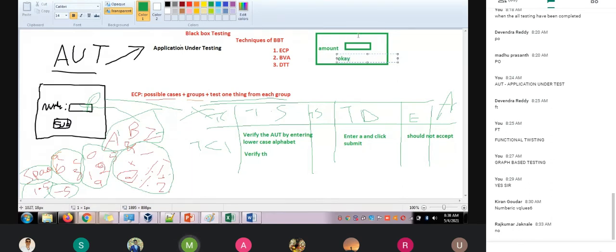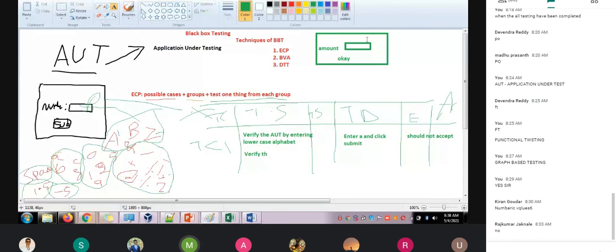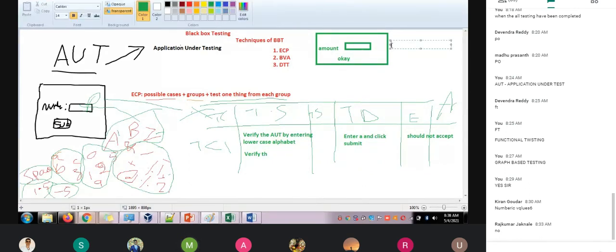This is the amount, this is the bank account where you can transfer the money, and it has one business logic here. The money should be greater than 1,000 rupees, and it should be less than 4,000 rupees. Then only it gets transferred.